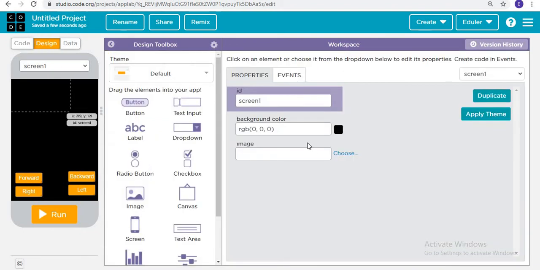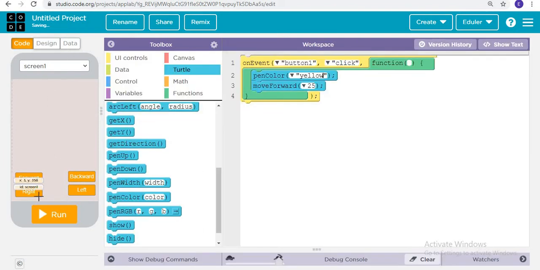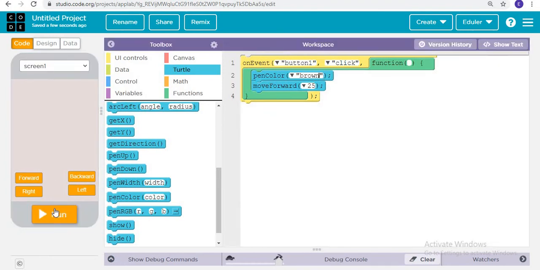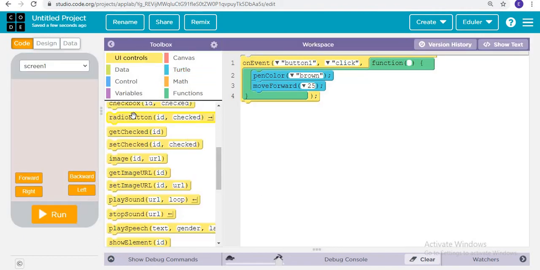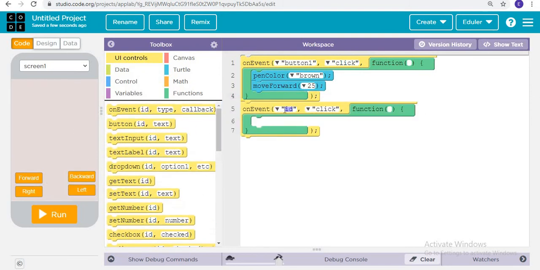You can go to code and for now let's make it white or a color like this. Let's run now. Forward. So we can make it a simple color, suppose brown. Reset and run. Now move forward. Now it's fine. And when button number 2 is clicked, what is